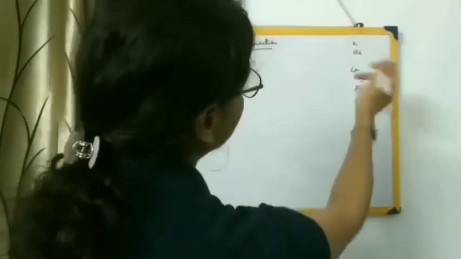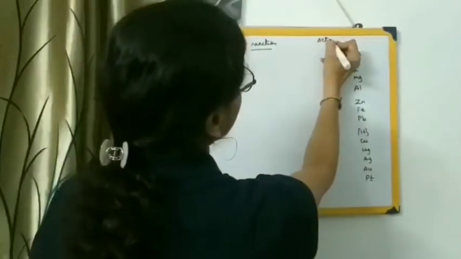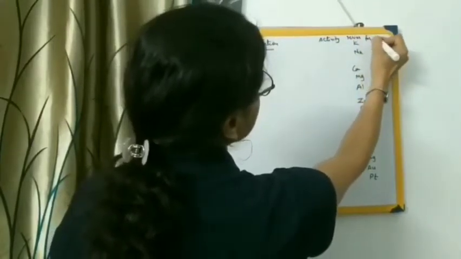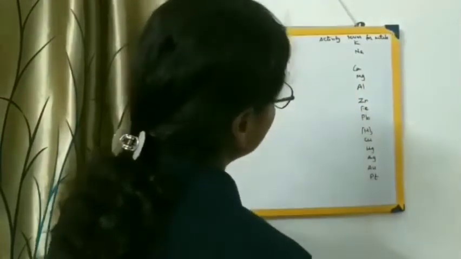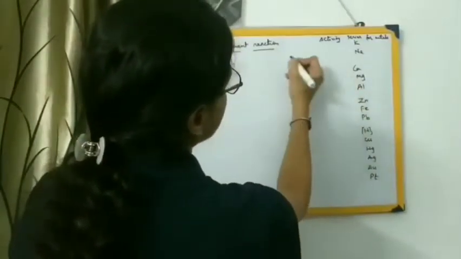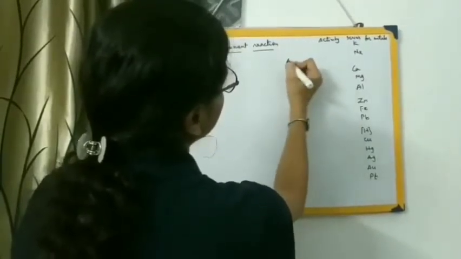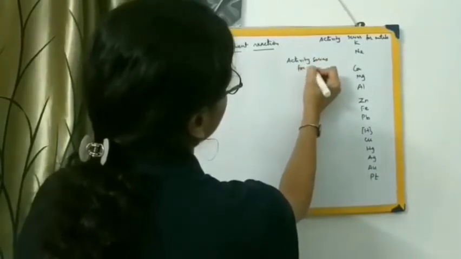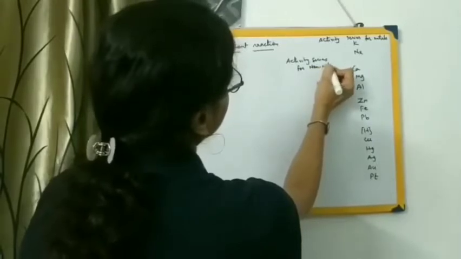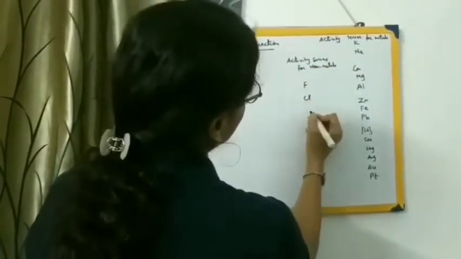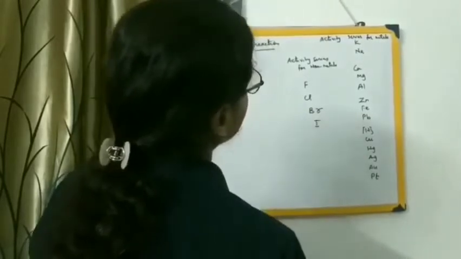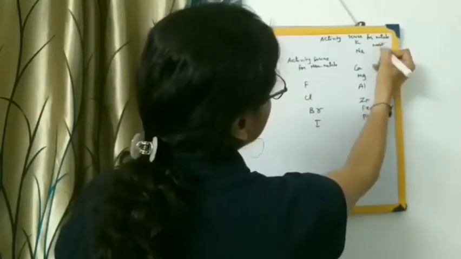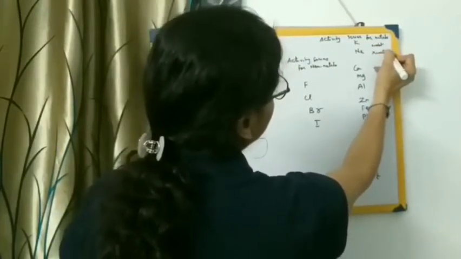So this is the activity series for the metals. In the same way, we also have the activity series for the non-metals. So the activity series for non-metals, I am writing down over here. That is fluorine, chlorine, bromine, iodine. Now here in this case, the most active or reactive element is at the top, and the least one